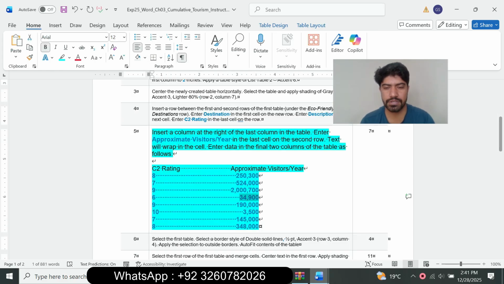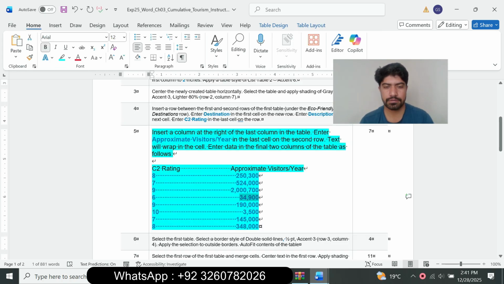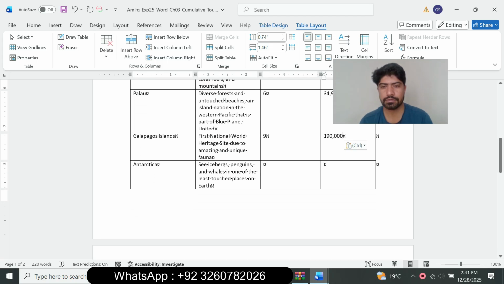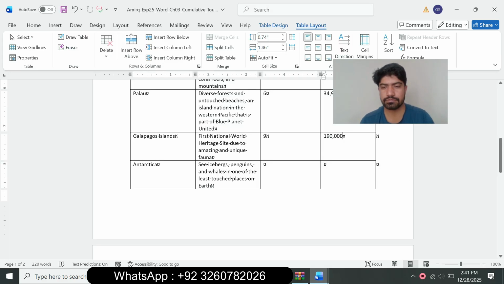So next is 9. Type the 9 and copy the value and paste the value. Paste the value, and next is 10. So type the 10, press tab button and paste the value,